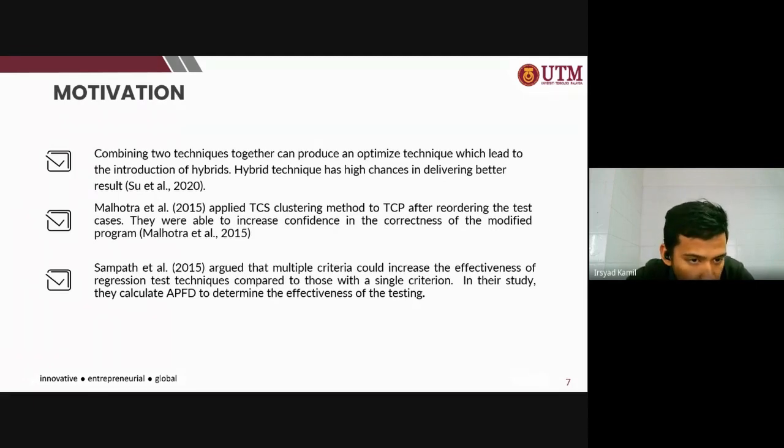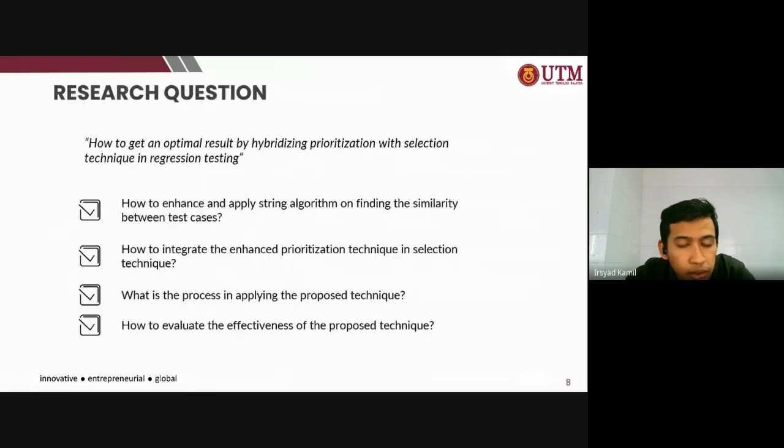And next, we have one from Mohaltra, who applied a test case selection classroom method to TCP in order to increase confidence in the correctness of the modified program. This is one of the existing hybrid works. Next, we have Sampad, who argued multiple criteria could increase the effectiveness of a regression test technique compared to a single criterion. The main question for my research is how to get an optimal result by hybridizing prioritization with selection technique